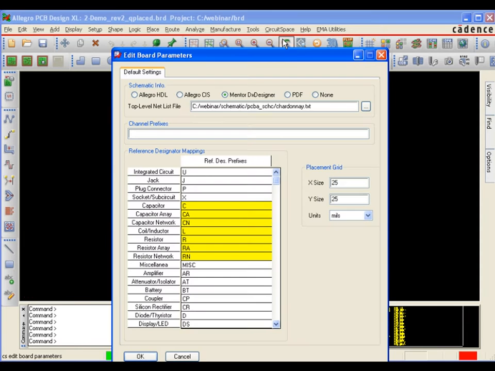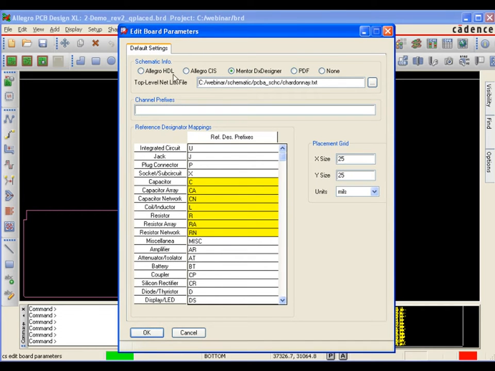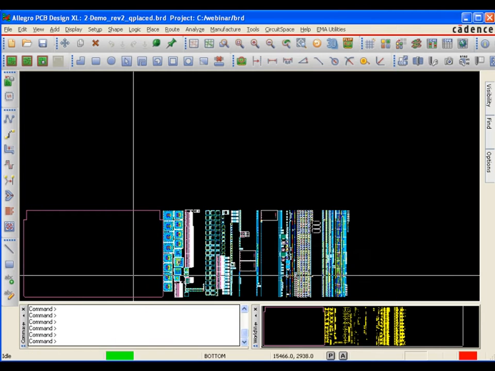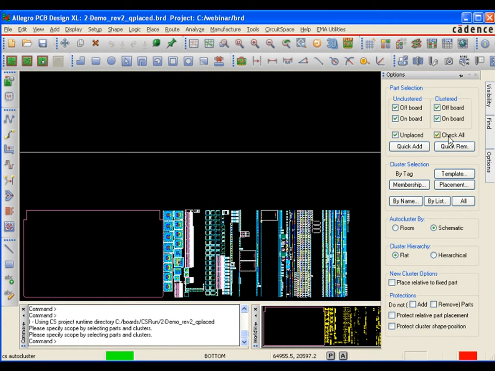Setup is very simple. The auto-cluster feature can work from the CAD file itself or an intelligent PDF of the schematic. All you need to do is click Board Properties and indicate what type of design input you want CircuitSpace to work with. The auto-cluster command allows us to indicate exactly which parts we want to auto-cluster, whether we want